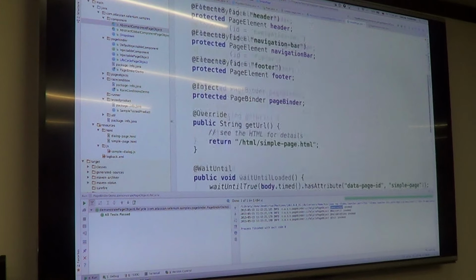So this element by annotation. Yep. Is it waiting for the element? No, it's not waiting because, as I said,